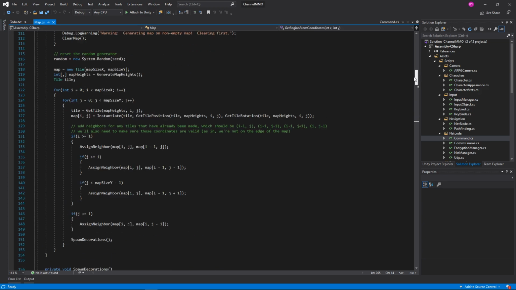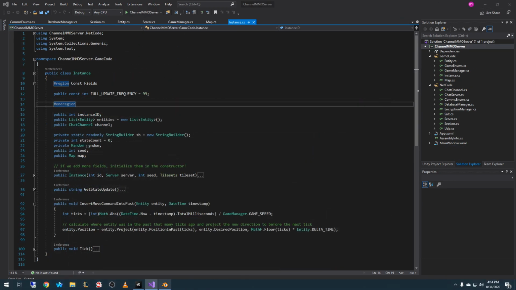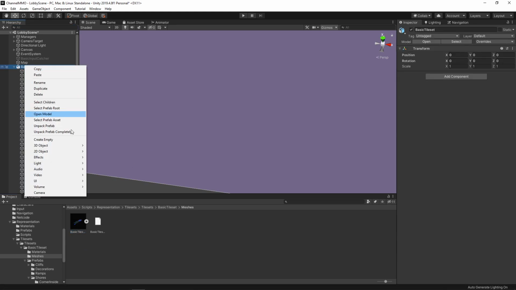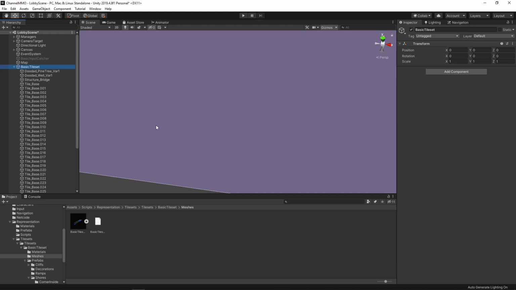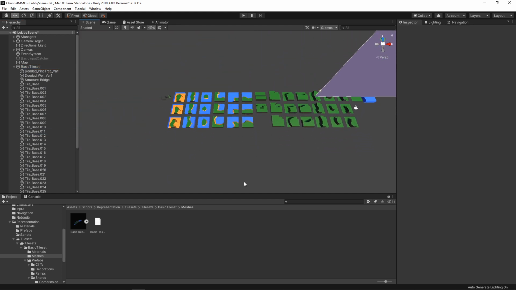We're going to be overhauling this pretty dramatically, but for right now, let's just hop into Unity and go ahead and create our new tile set objects. So we'll just go ahead and unpack that prefab. Excellent. And any of these that we have already created...